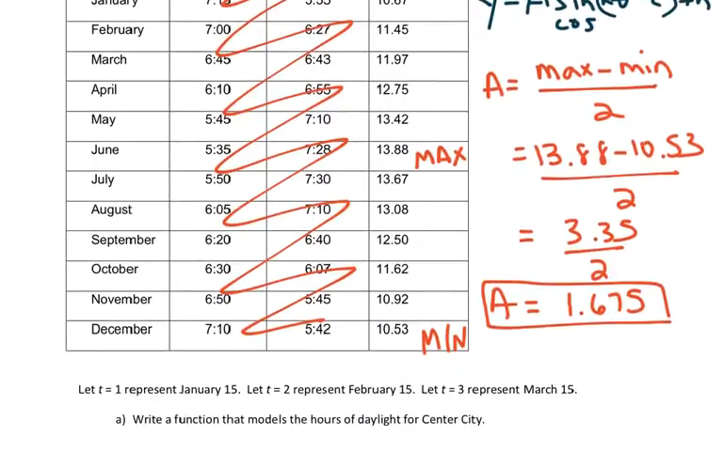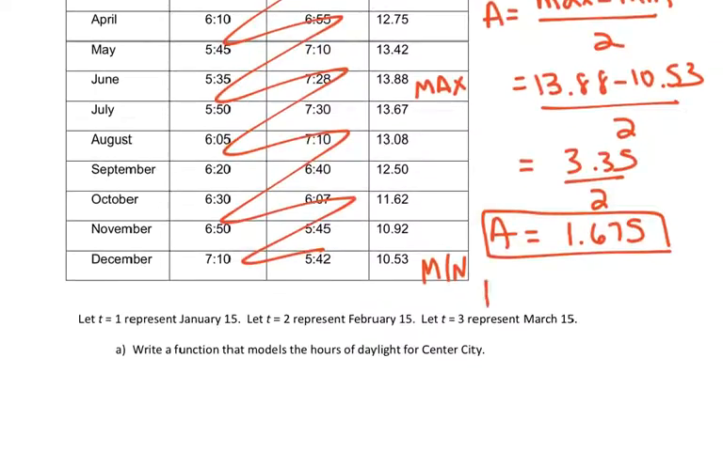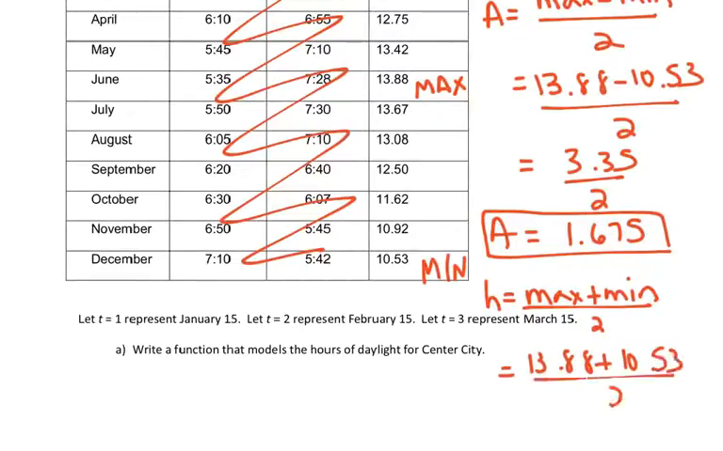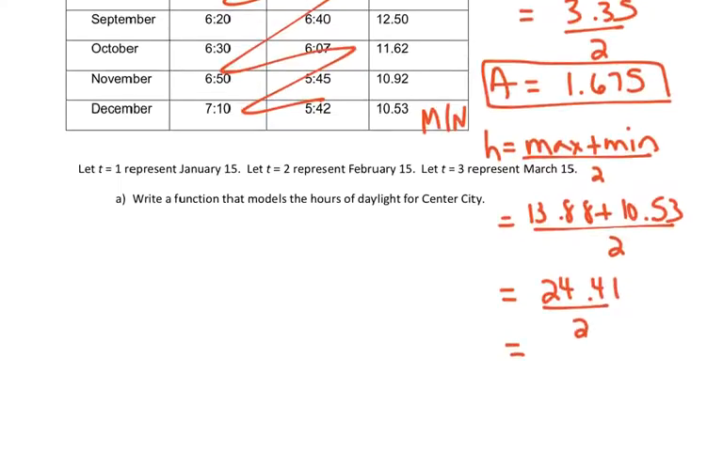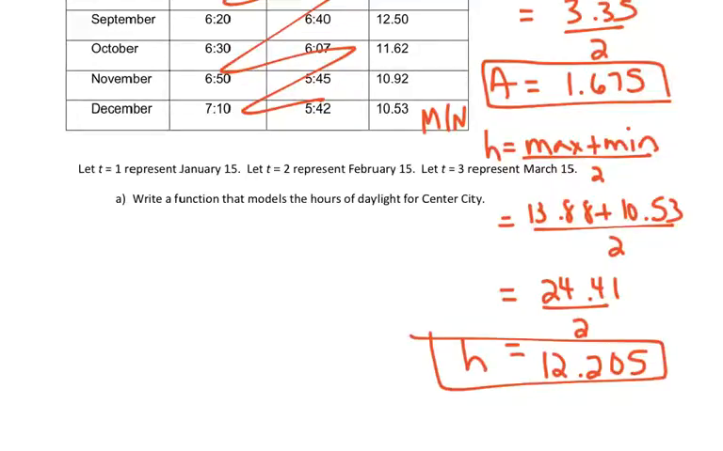The next thing we're going to find is the vertical shift, and like I said, the vertical shift is going to be the max plus the min divided by 2. So 13.88 plus 10.53 divided by 2 is 24.41 divided by 2, which is going to give me about 12.205. So there's my vertical shift. So I know two of my values from the